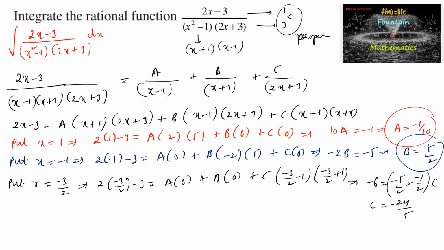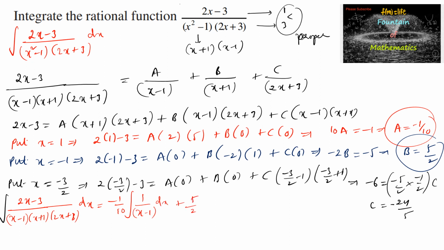So now substitute in the integral. Now integral (2x minus 3) upon (x minus 1)(x plus 1)(2x plus 3) dx is equal to a value which is minus 1 by 10, minus 1 by 10 integral 1 upon x minus 1 dx, and b value is 5 by 2, so 5 by 2 times of integral 1 by x plus 1 dx, and c value is minus 24 by 5 integral 1 upon 2x plus 3 dx,